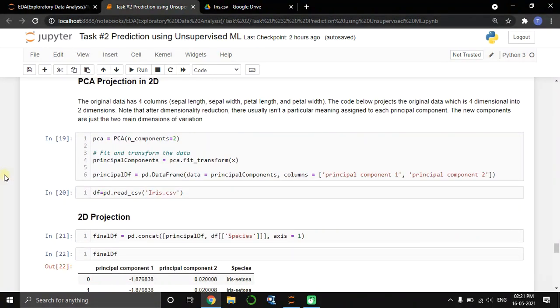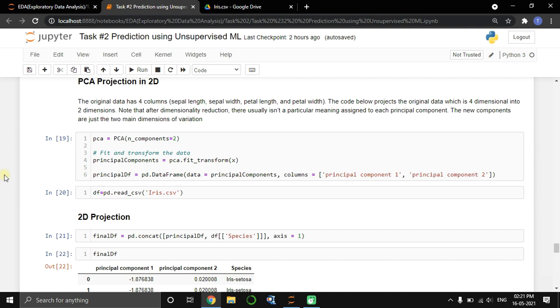Moving forward to PCA projection in 2D. So what's PCA? It's principal component analysis, an unsupervised, non-parametric statistical technique primarily used for dimensionality reduction in machine learning. High dimensionality means the dataset has a large number of features.